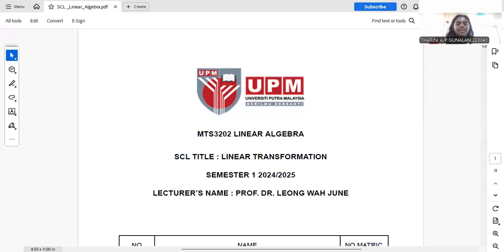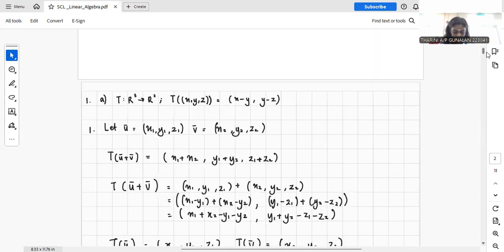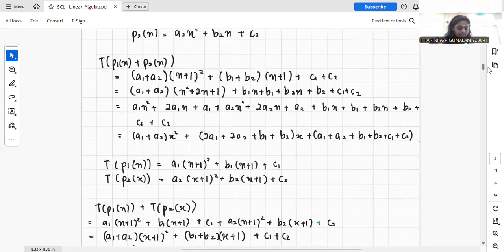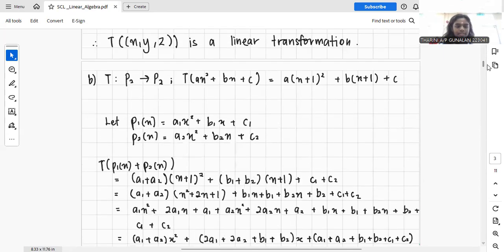Today we'll be discussing our SEL, which is linear transformation. So for the first question, 1B, given T(ax squared plus bx plus c) equals a(x plus 1) squared plus b(x plus 1) plus c. So we want to prove